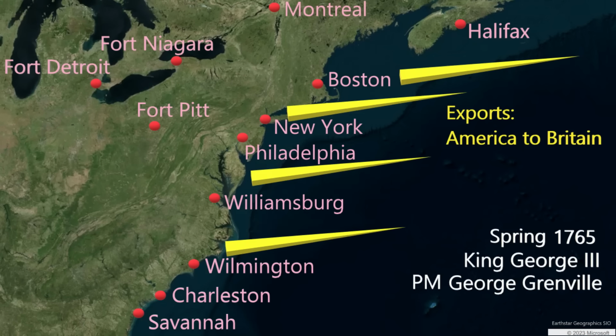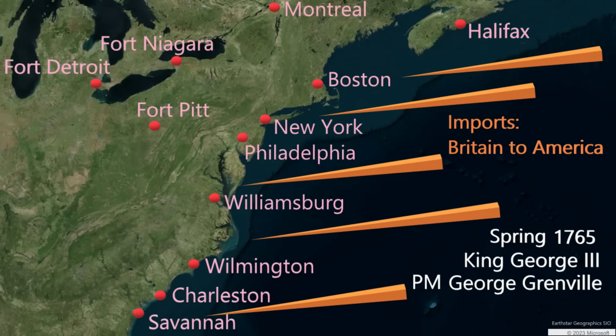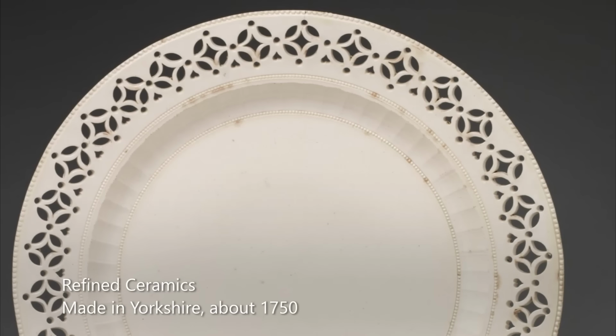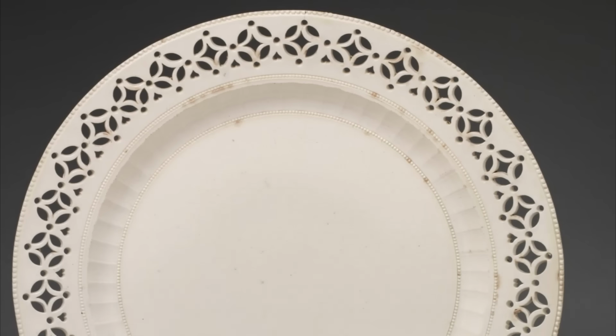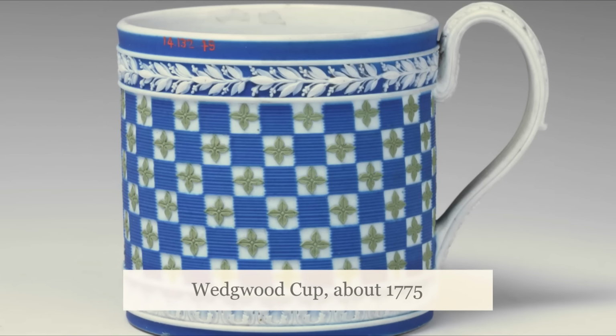The empire's markets are global. American colonial exports to the mother country are valued at 1.5 million pounds in 1765, while Britain's goods imported into America are valued at 2 million pounds. New industrial products, like fine ceramics that had previously only been available to royalty, are now marketable to average consumers. Companies like Wedgwood are making these former luxury products available to a wider audience.